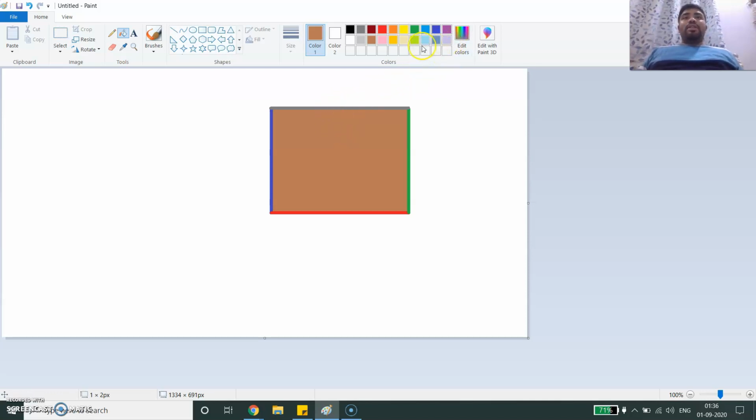Suppose my default color is blue, so I'll just paint blue inside, and you can see it is blue, right? Now, as it is blue, it was the same as the left boundary. So now if I try to change the color, let's see how it works. Let's paint it yellow again. So I'm choosing yellow, and then finally I'm painting it.